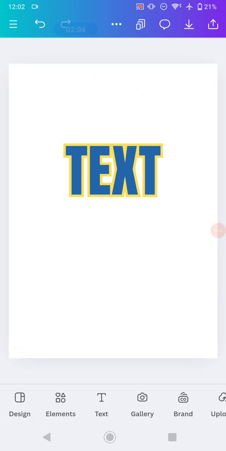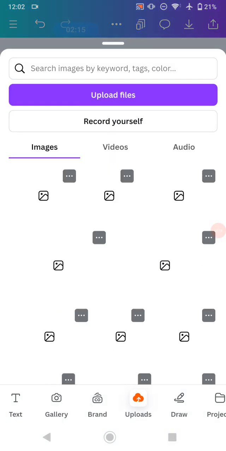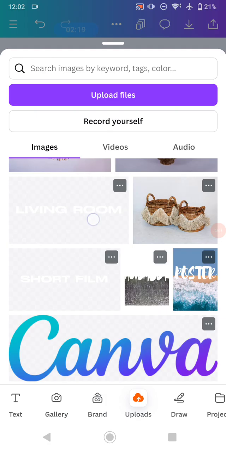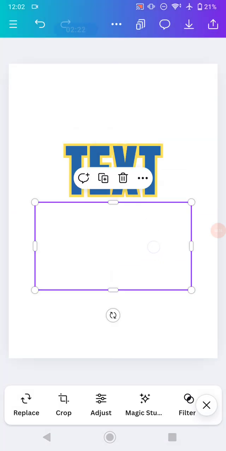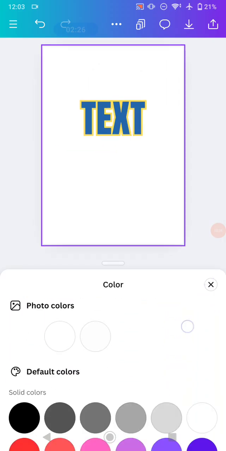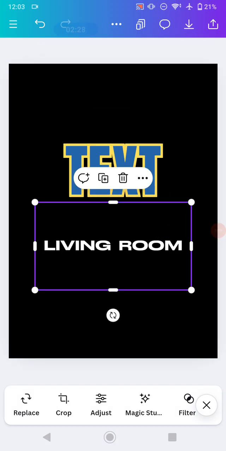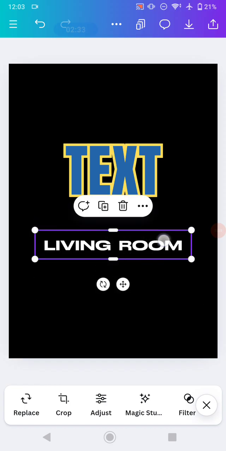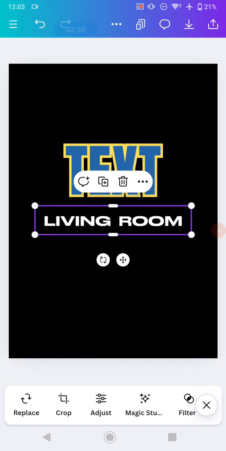Just like this. And the second way to create an outline or add an outline onto an element or maybe a text is by inserting the element that you saved previously. So for example, I am adding this text, this one, and I would like to change the color of the background first so you are able to see the text like this. Okay, the way to add an outline onto this text is just by clicking this element